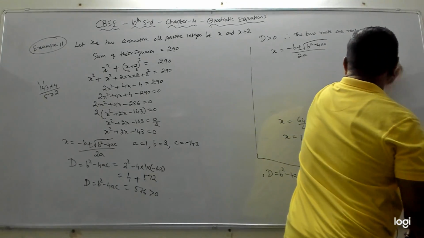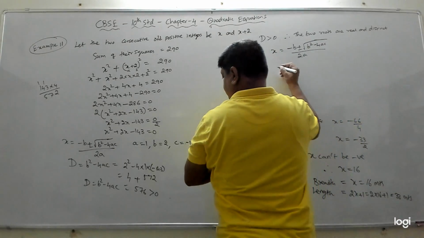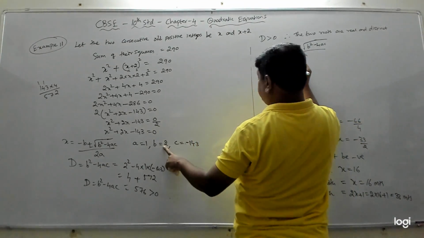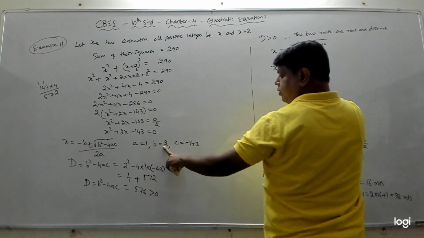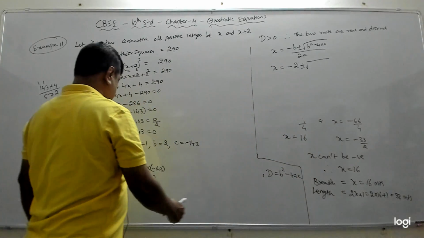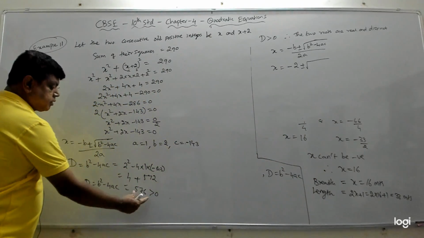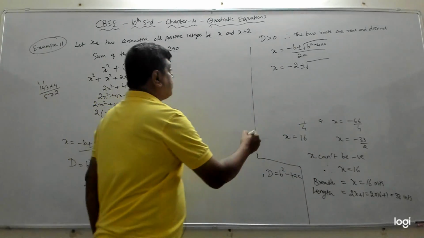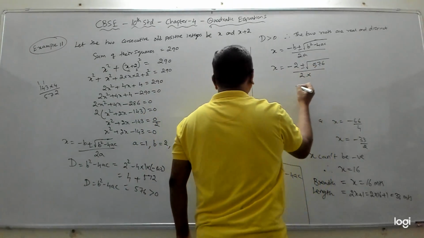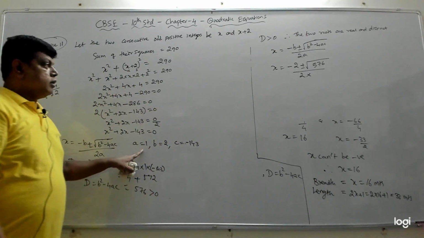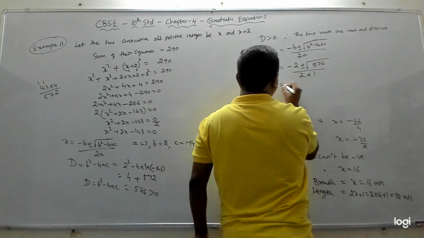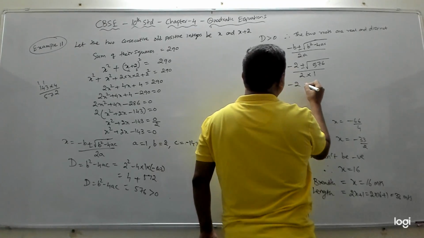So x is equal to, this is your quadratic formula. Now what is x? So x is equal to minus b, and b is 2, so minus 2, plus or minus square root of b square minus 4ac. b square minus 4ac is 576, divided by 2a, by 2 into a. A is 1. We'll substitute here. So x is equal to minus 2 plus or minus